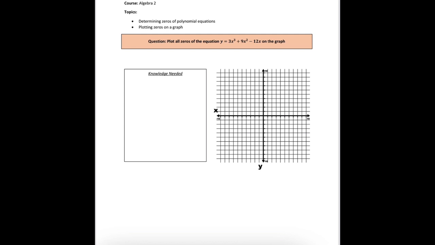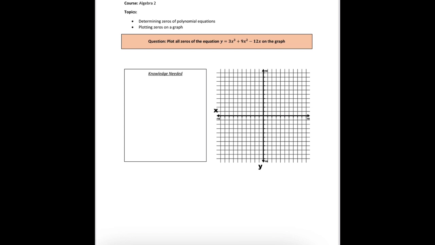process as well. So for today, we'll go through an Algebra 2 problem, and this problem covers two topics within Algebra 2. The first being determining zeros of polynomial equations, and the second being able to plot zeros on a graph. So the question here says, plot all zeros of the equation y equals 3x cubed plus 9x squared minus